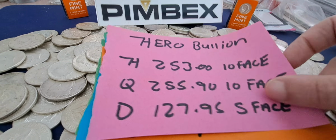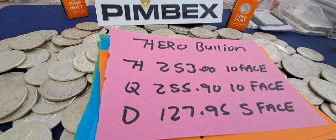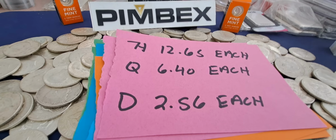Hero Bullion halves were $253 flat for $10 face. Quarters were $255.90 for $10 face. Roosevelt silver dimes were $127.95 for $5 face. The halves break down to be $12.67. Quarters were $6.40. Roosevelt silver dimes come out to be